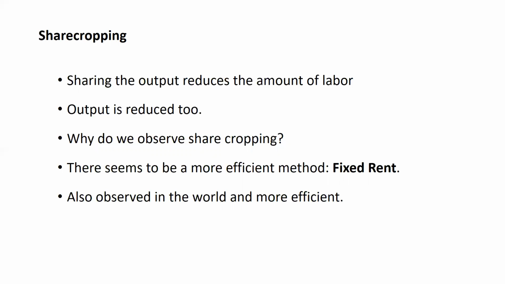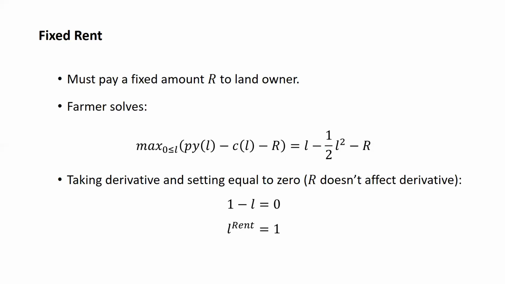There is a way in which this inefficiency can be resolved, which is simply charging a fixed rent. If the landlord were to charge the farmer fixed rent, then this problem doesn't arise anymore because now the marginal benefit would still be equal to 1. Okay, so let's look at that a little bit more carefully. If now instead of having to give half of your crop, which affects your incentive, you have to pay a fixed amount R no matter what your crop is, then as you may remember from your basic microeconomics classes, this is like a fixed cost for you. And so the fixed cost doesn't affect the margin, so it doesn't affect your decision.